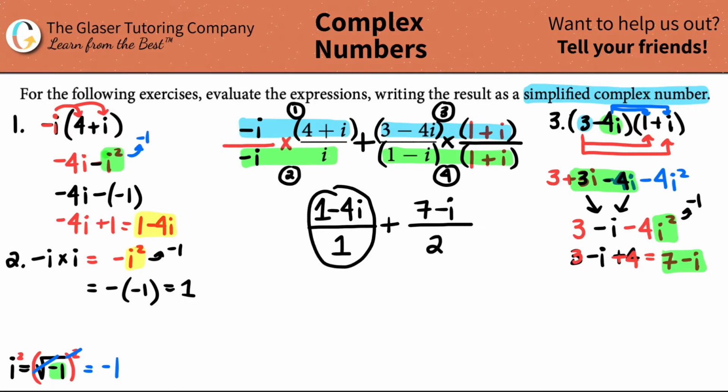So I'm going to simplify this fraction by breaking it into 2 different fractions. I want a real component and I want an imaginary component. When you have multiple things in your numerator divided by one single number in your denominator, you can separate these terms out. So I'm going to separate the first term by saying 1 divided by 1